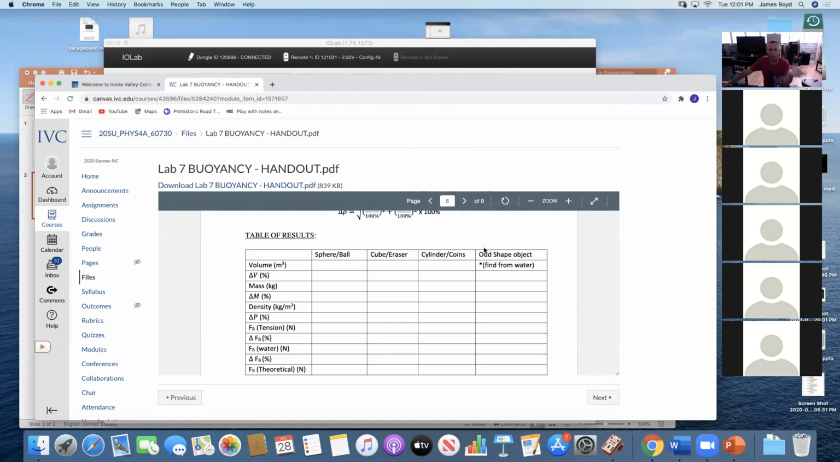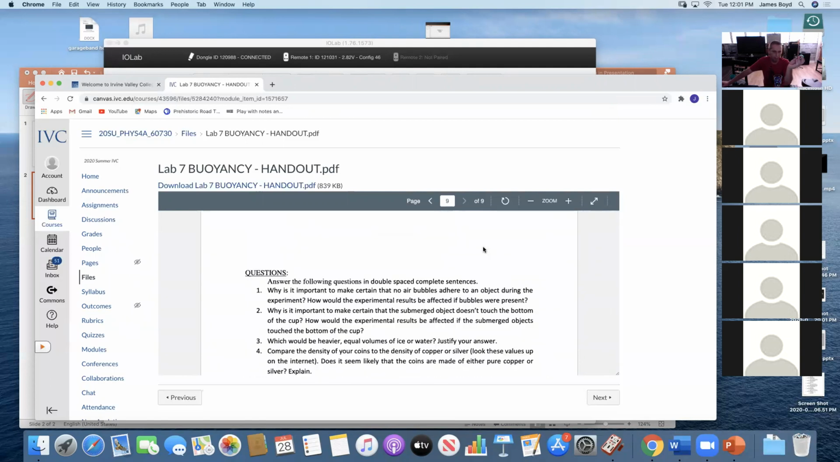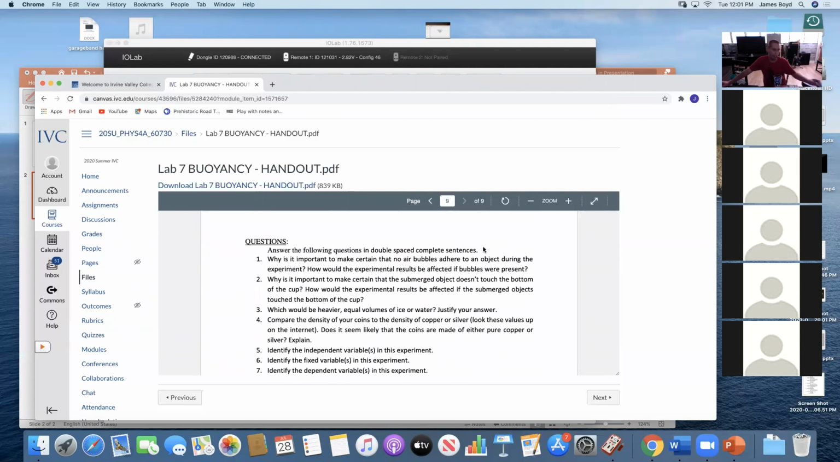Perhaps you think it's copper, and copper is like 8,000 kilograms per meter cubed. And you get, for your coins, a density of 12,000. And copper is supposed to be 8,000. Then you know it's not copper, right? So just compare that. In the question section, I asked, why is it important to make sure there's no air